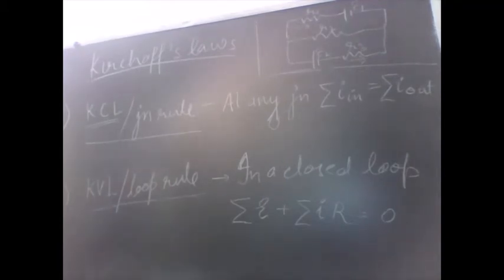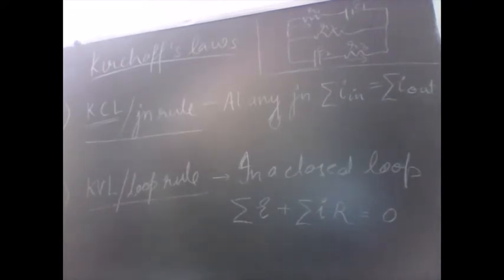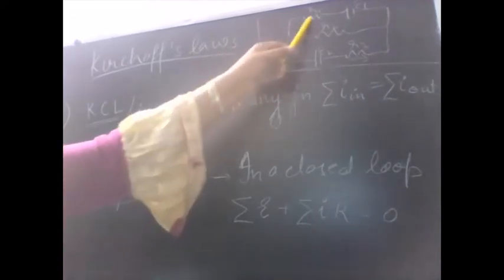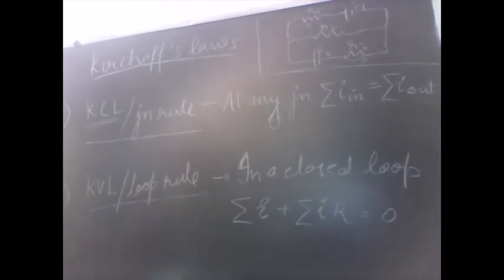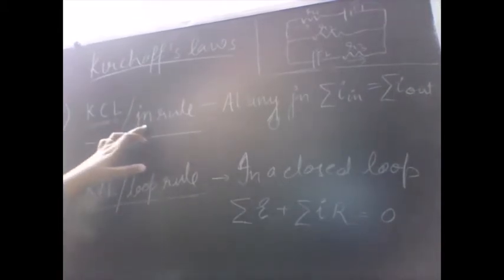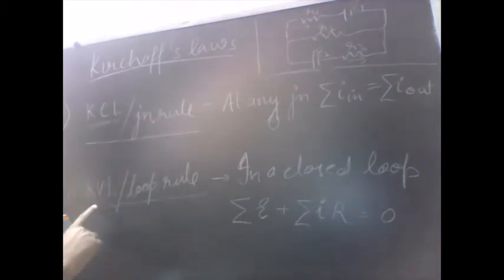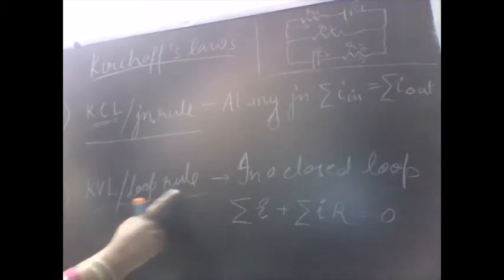That means to simplify such circuit solutions wherein the current in the circuit needs to be calculated, or I need to find out the potential across R1, R2 or R3, I need some rules, and if I'm aware of Kirchhoff's rules, both the rules, then the circuit solution might be a little easier. So there are two rules. One is KCL, which is also called the junction rule. And the second one is KVL, which is also known as the loop rule.